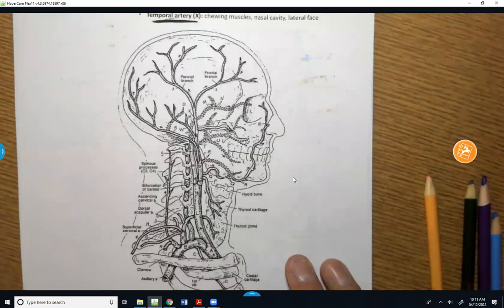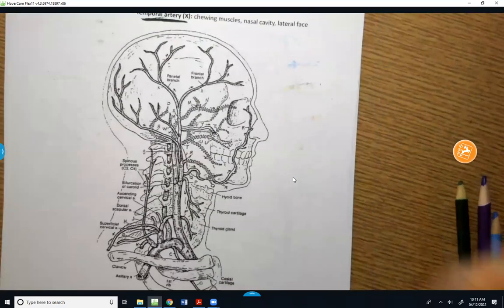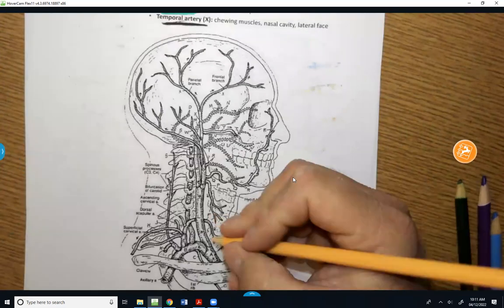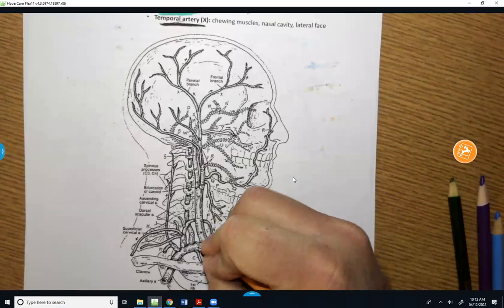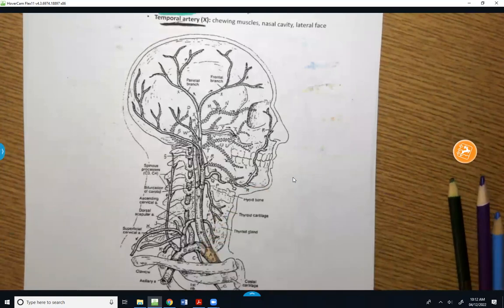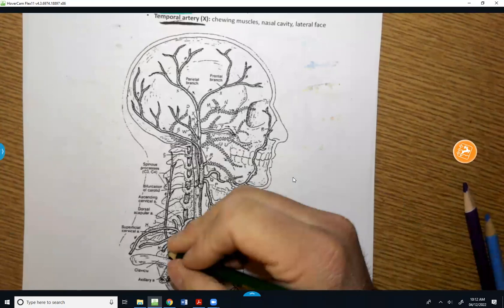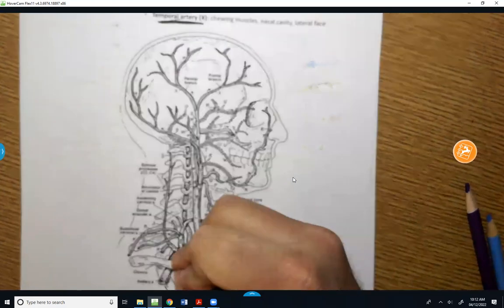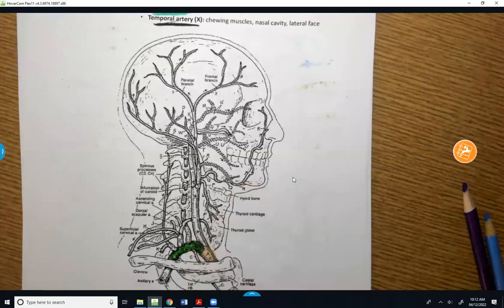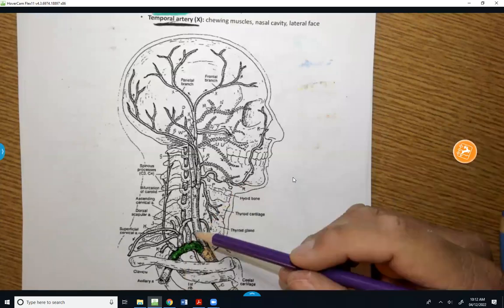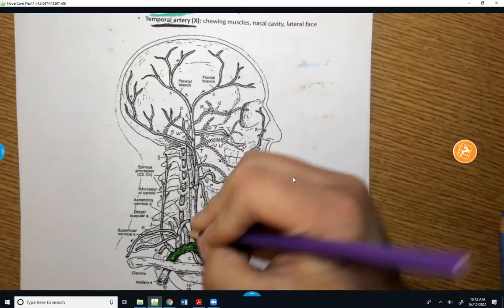All right, we don't have a great view of the entirety of the brachiocephalic, but we can see the tippy top of it, where it comes to its junction, forming the subclavian, as well as the common carotid. Just color the subclavian for now. Coming off the subclavian, there's several. I'm only going to want you to identify letter D,